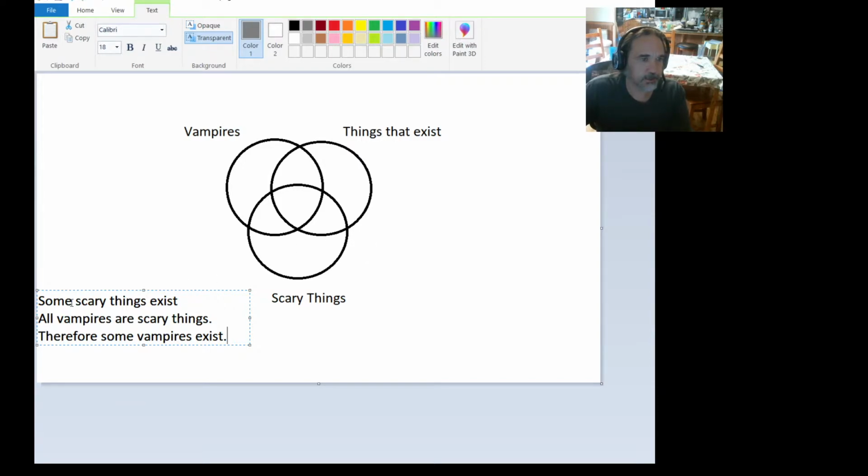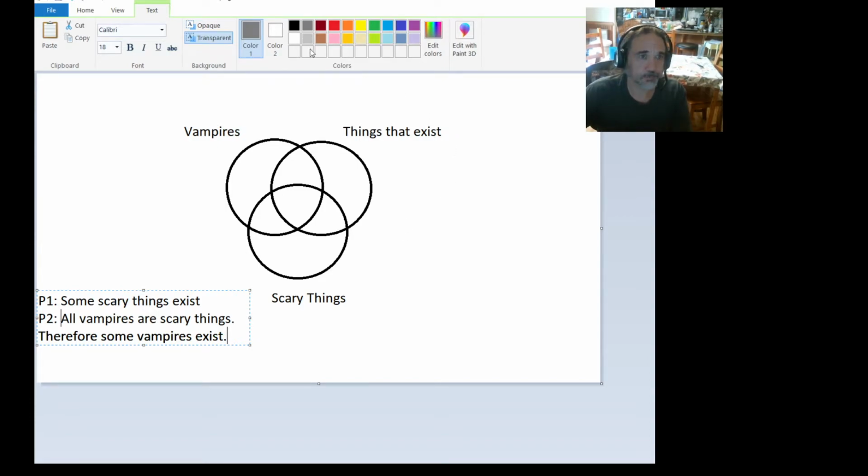Here I have an argument. Some scary things exist. All vampires are scary things. These are my premises. Let me just put P1 and P2, and then I have my conclusion. Therefore, some vampires exist. So we'll look at how to diagram this and then how to see if it is